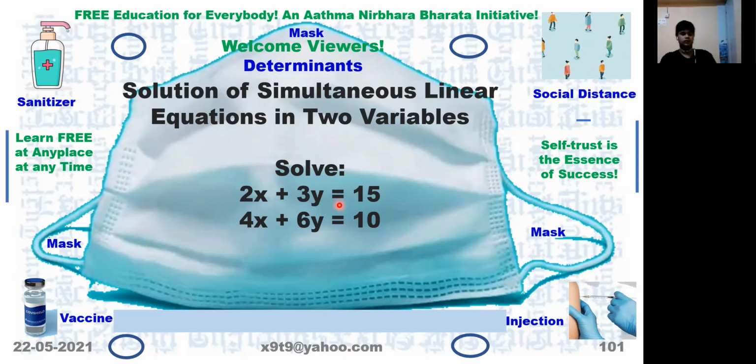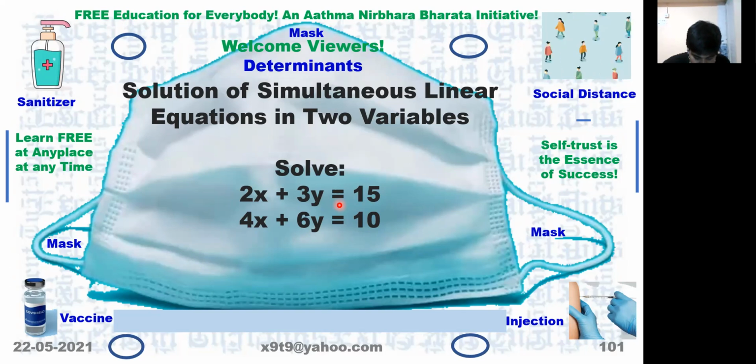Are you able to follow? So x and y are infinity. In this case, we cannot find the value of x and y. That means these are the linear equations we are studying, and these lines are parallel lines. Parallel lines won't intersect each other.